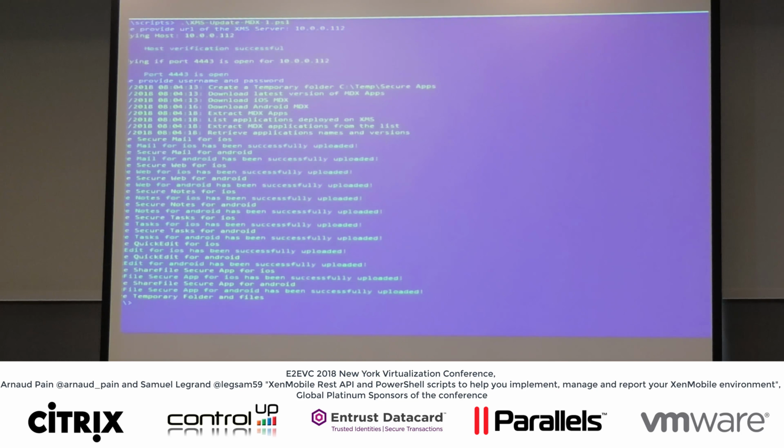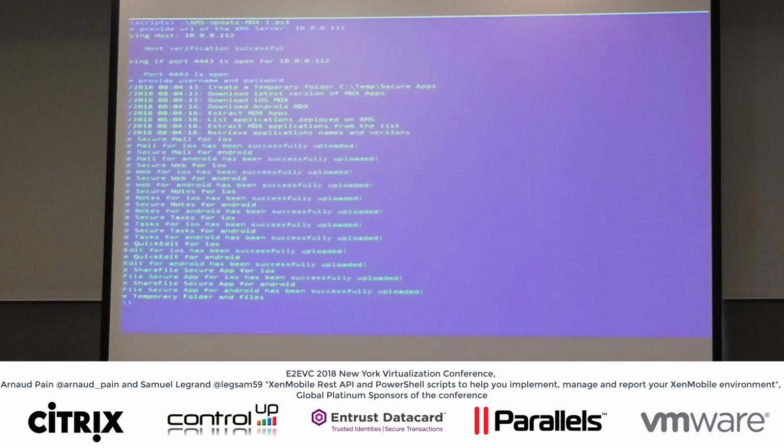So if it's all in the cloud, why do you update the local server then? Or because it syncs then with the cloud, or what part is in the cloud? The XenMobile, sorry, not the Xen server. The XenMobile is in the cloud. However, Citrix provides you the XenMobile in the cloud, but even if you use